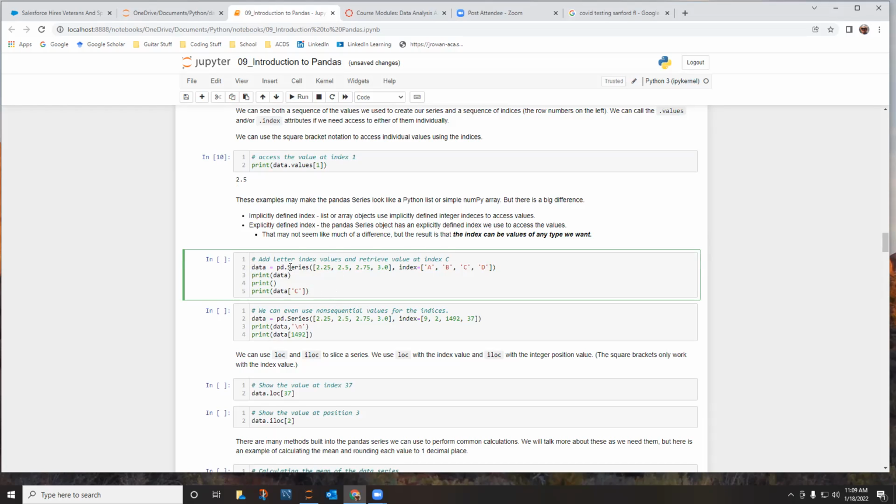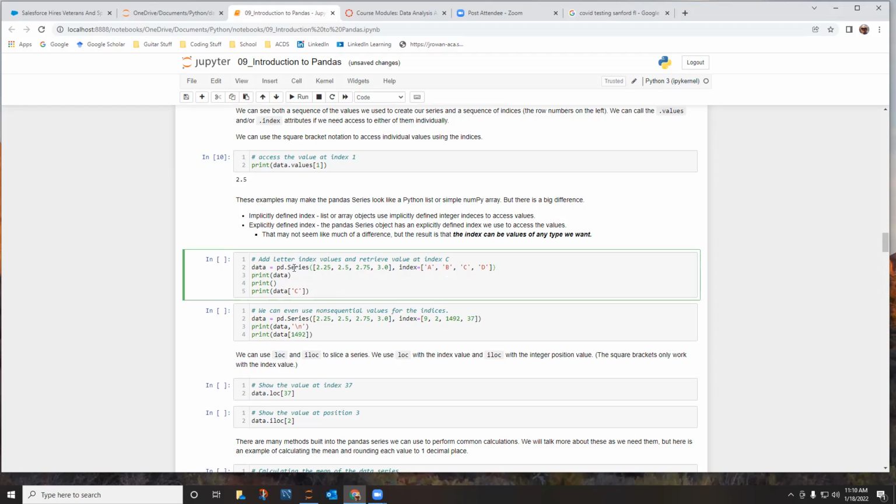So this time we're calling the pandas series function, but instead of just sending it a list as the first parameter, which is the minimum thing you have to do, you can also send it an optional parameter called index equals, and that lets you give a more meaningful index than this 0, 1, 2, 3, 4. So we're creating a 4